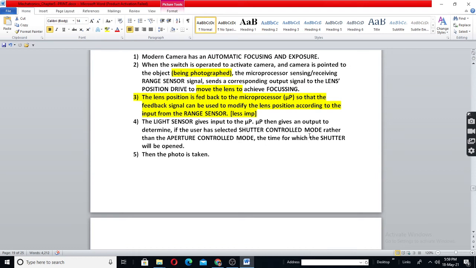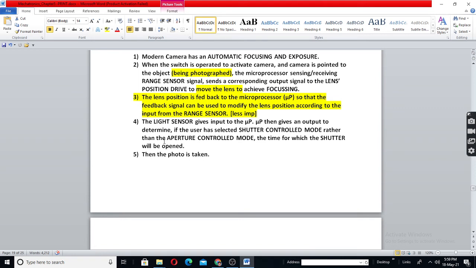Shutter control is the duration for which the shutter is open. For example, in our eye, to control the amount of light falling onto our eye, we have two options. You can have your eyes fully closed or fully open, how much you are opening, and the duration for which you keep your eye open.